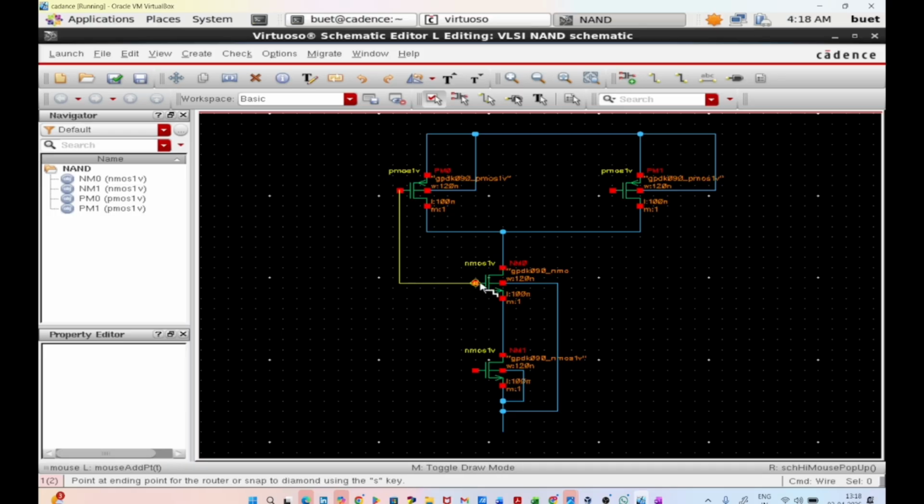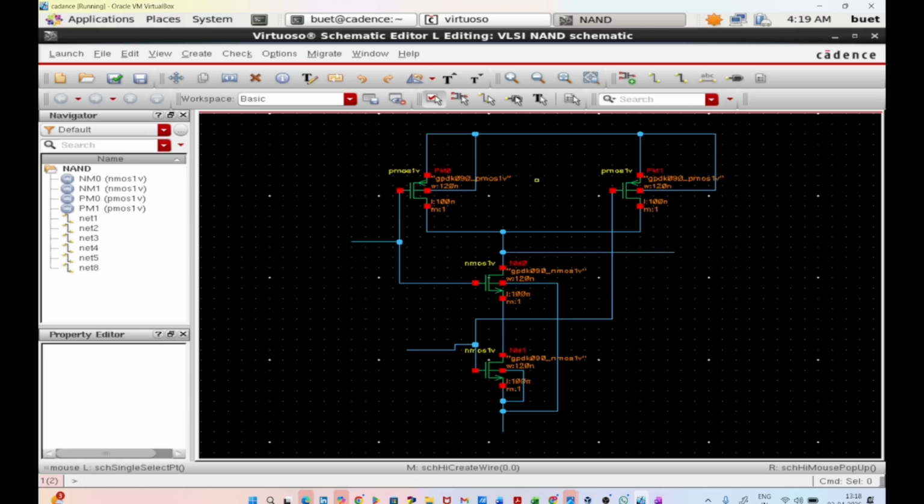Then click on this and let's connect this also, then press escape, then click on W and connect from here to here, then click on W and connect here to here, then from here click on W and move on to here, then take